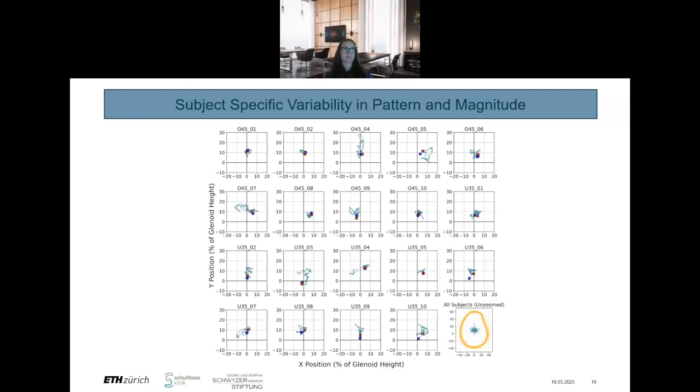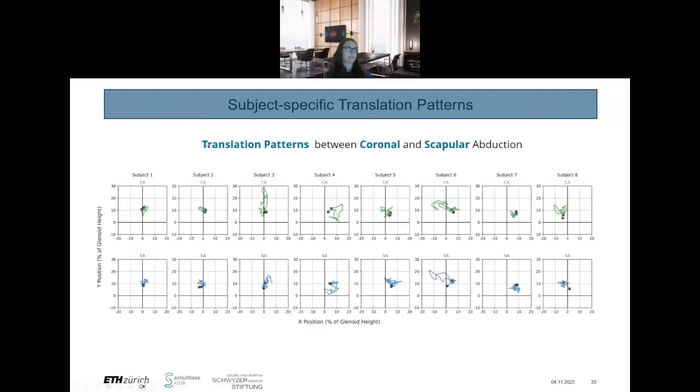But what we then looked at was comparing similar motions. So we can compare, for example, coronal abduction and scapular plane abduction, which are quite similar motions, and see if these patterns stay the same within the subject. And this is actually what we found. So here, each column is a different subject, and in green is the coronal abduction, and in blue is the scapular abduction. And we do see consistent subject-specific patterns in the glenohumeral translations, which I find very interesting and is also very